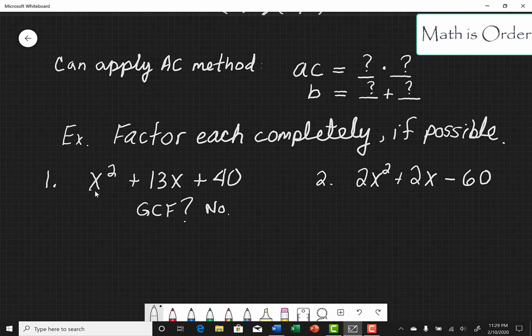All right, so next, let's go ahead and apply the AC method. We see that the coefficient of the square term is 1. If there's no number there, it's understood to be 1. So A corresponds to 1, C corresponds to the 40. So when I multiply 1 times 40, as in the AC method, I get 40. So the question is,